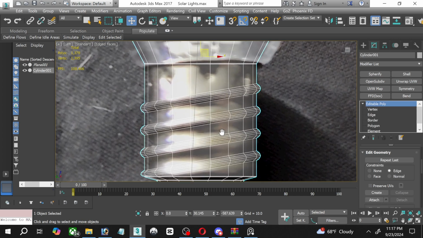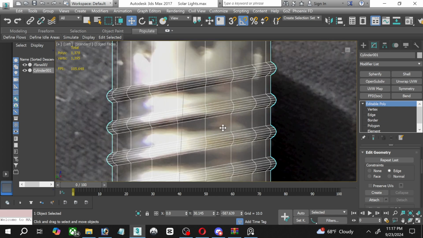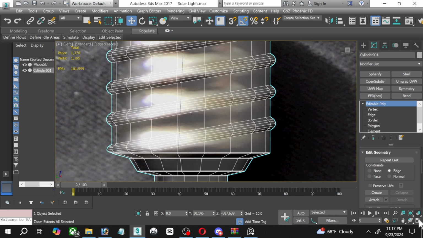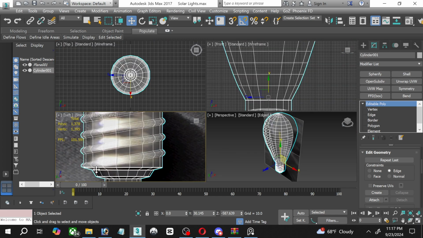Okay. Now I'm concerned it's not going to look right, because if you look at a light bulb, right? Actually, you know what? That's not bad. But up here,